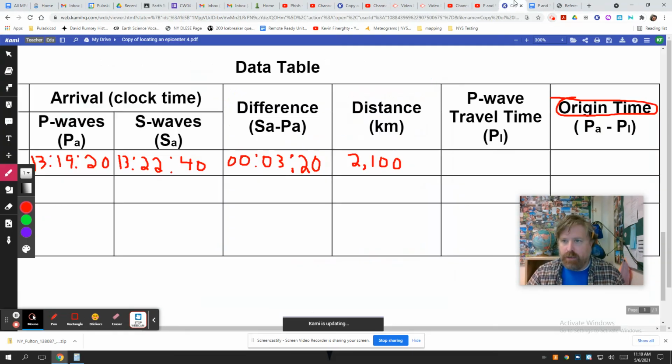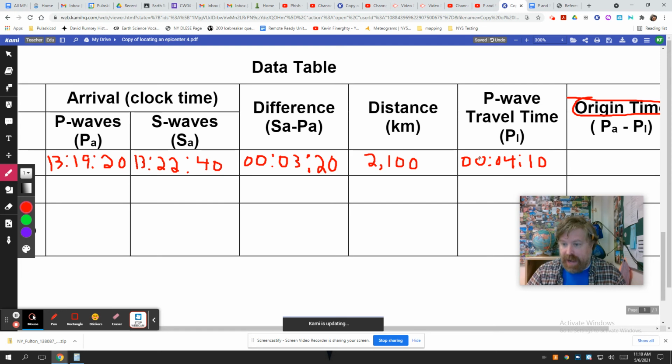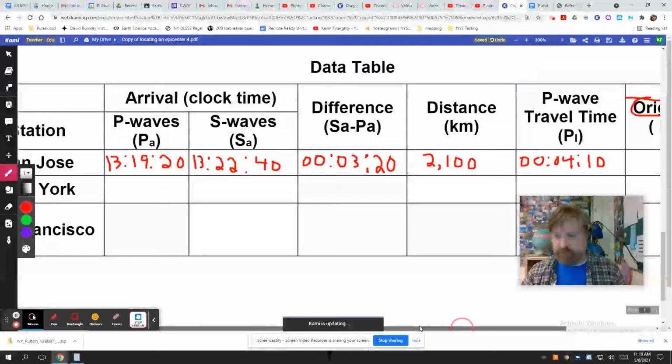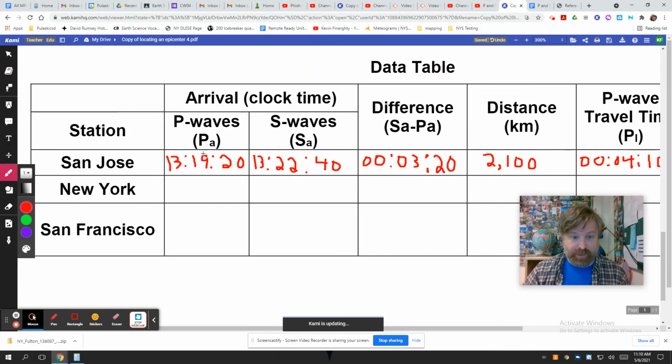All right, we're back. So on mine, and again, there's a little wiggle room here, these errors might compound a little bit, but I'm going to say it was about 4 minutes and 10 seconds. 0 hours, 4 minutes, 10 seconds. And if your number was a little bit different, then this number will be a little bit different, but we're going to allow for a little bit of error. If they're way off, something's wrong. So that earthquake had a commute to San Jose of 4 minutes and 10 seconds,